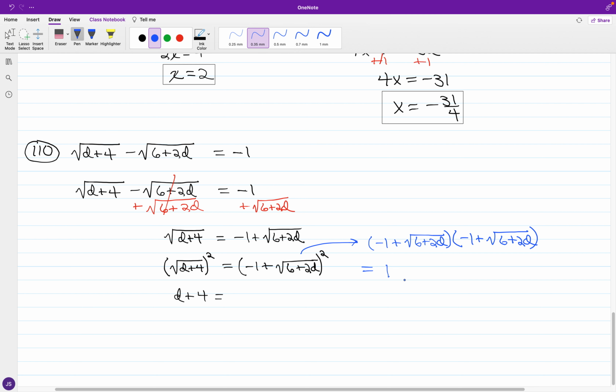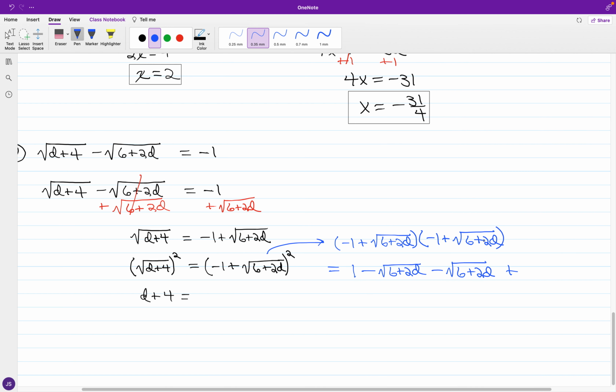You've got a negative 1 times the square root of 6 plus 2d. Inside product, you've got negative 1 and the square root of 6 plus 2d, so you have another negative square root of 6 plus 2d. And for the last product, you've got identical square root terms. And anytime you have identical square root terms multiplying each other, you're just going to have that term inside the radical and the radical goes away. Okay, so you have the first, outer, inner,